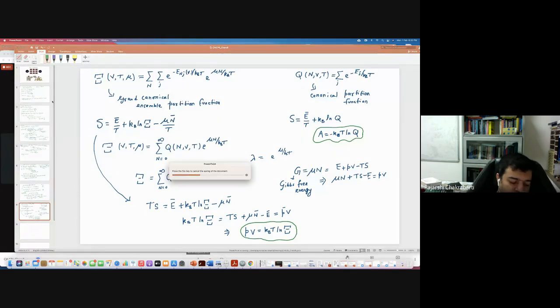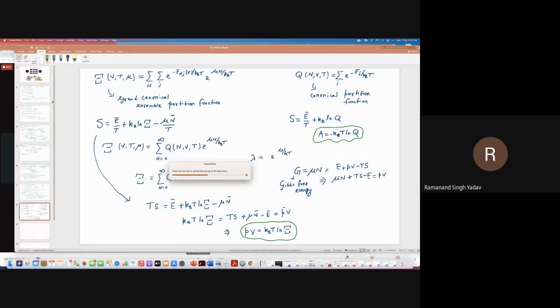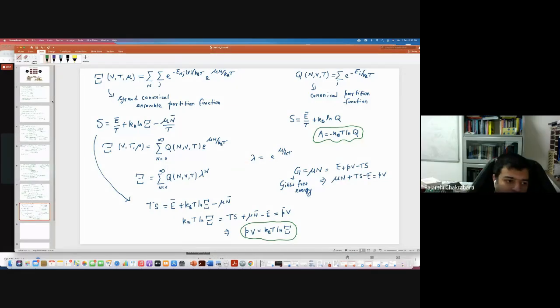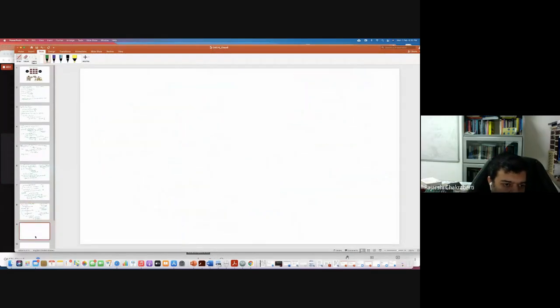Which ensemble should I go to? NPT. Yes. So I should go to the isothermal-isobaric ensemble. This is clear. The next thing would be, I am not going to do it in detail, but if I go to